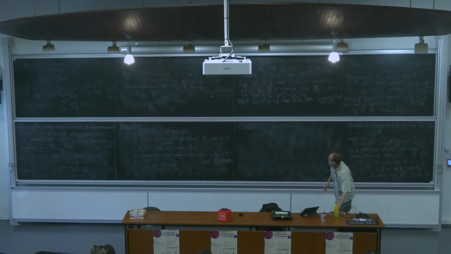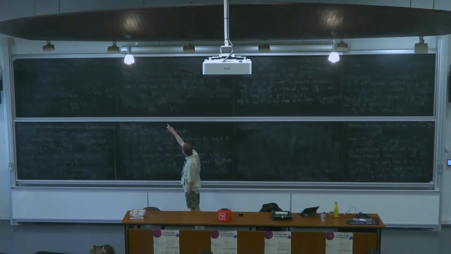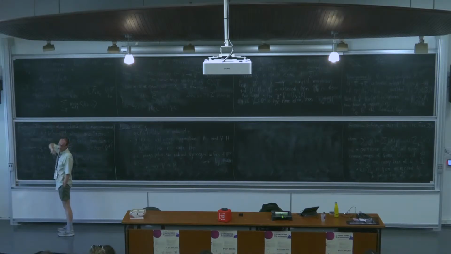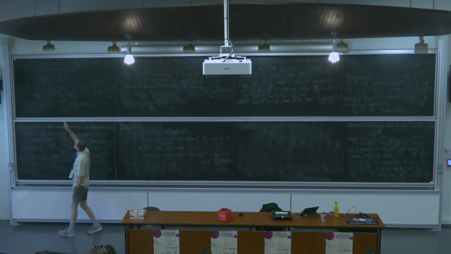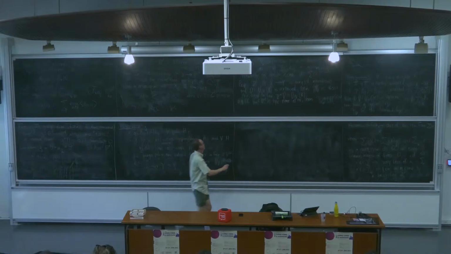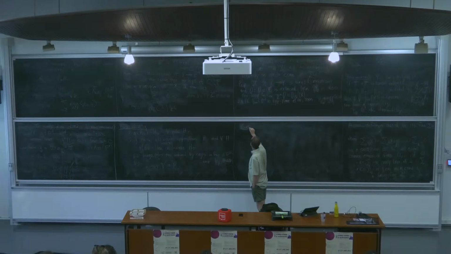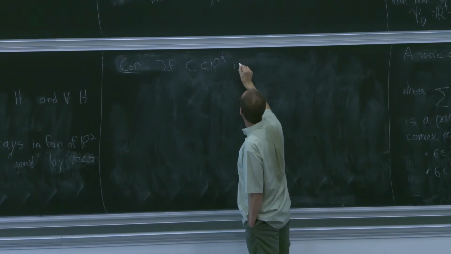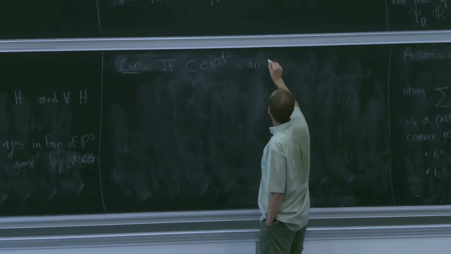So because of these things, you get a formula. If you have an internal curve with its associated measure, you get a formula for the measure associated to G of that curve, which is kind of like this one. Okay, so a corollary of these observations: if C in PD is an internal curve